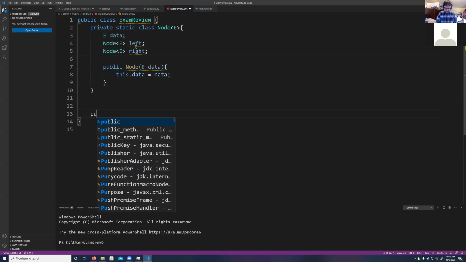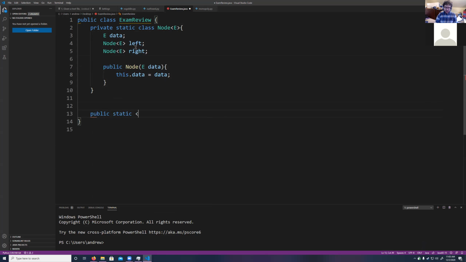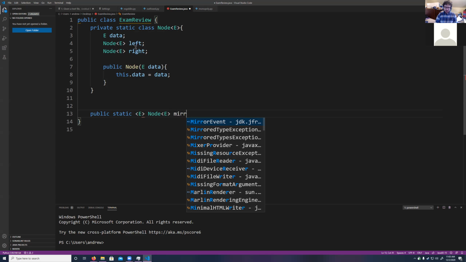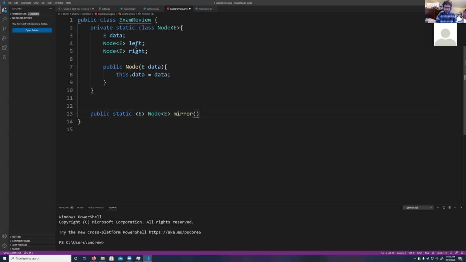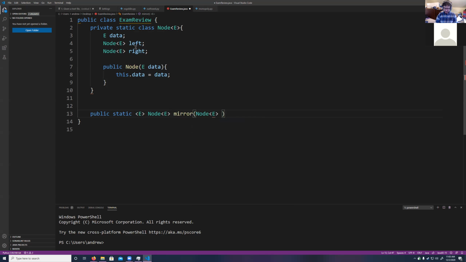Now let's go ahead and do public static Node<E>, and this is going to return the root of a new tree, mirror(Node<E> root). Okay, so given the root of a tree, we need to return